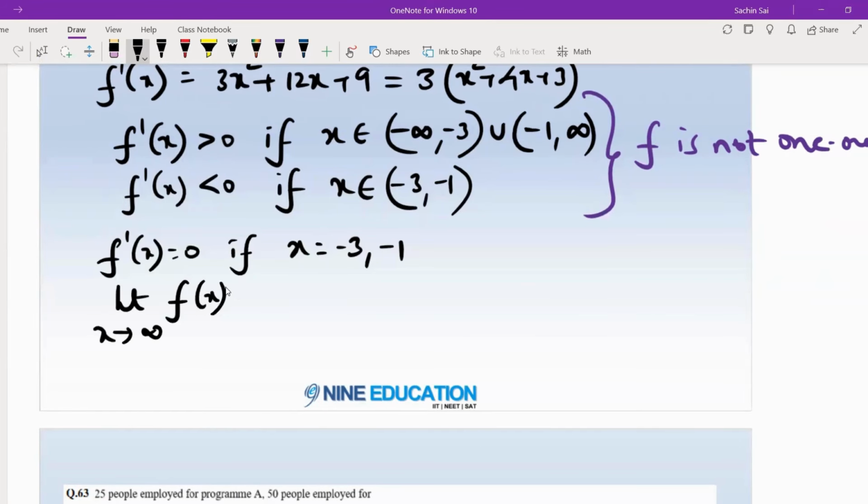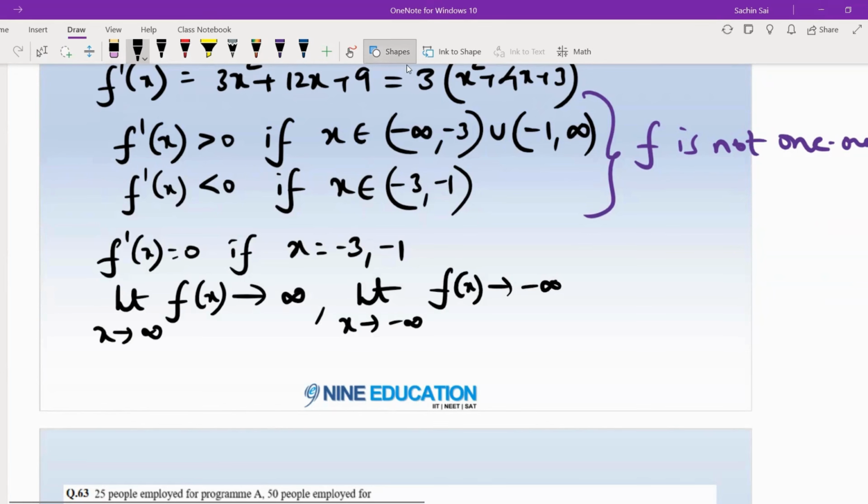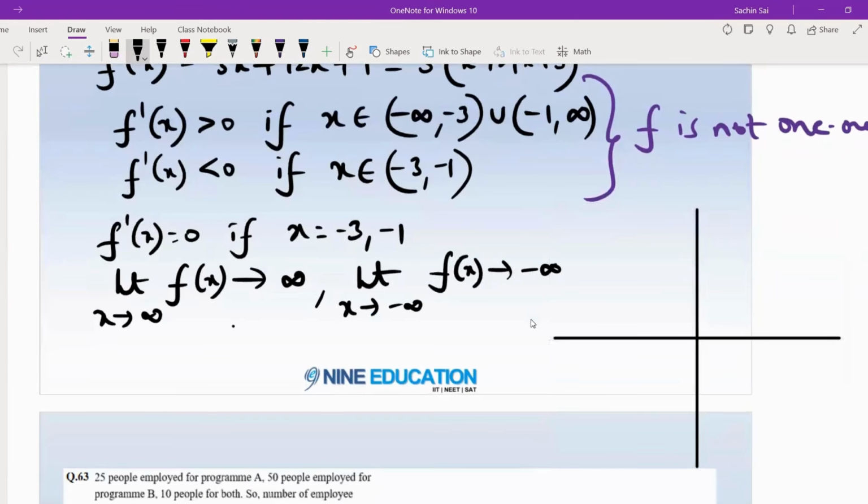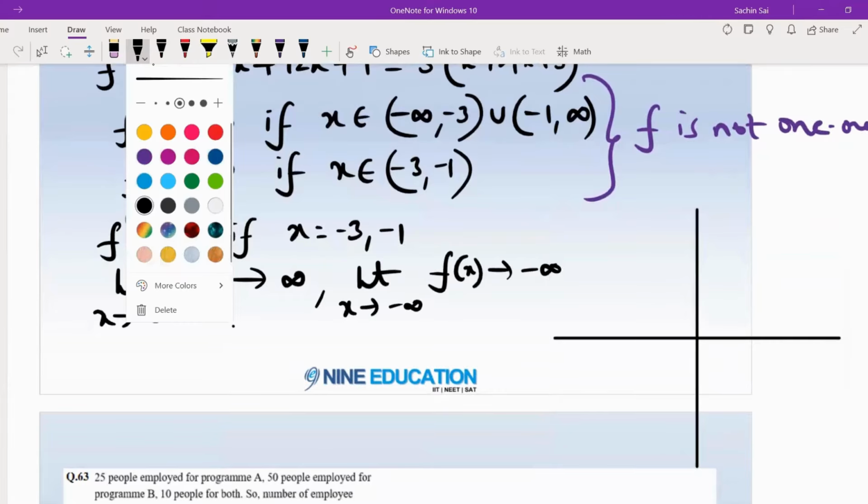As x tends to infinity, f of x also tends to plus infinity. And as x tends to minus infinity, f of x also tends to minus infinity. So if I had to plot the graph of this function, I could say that f of x starts from minus infinity,